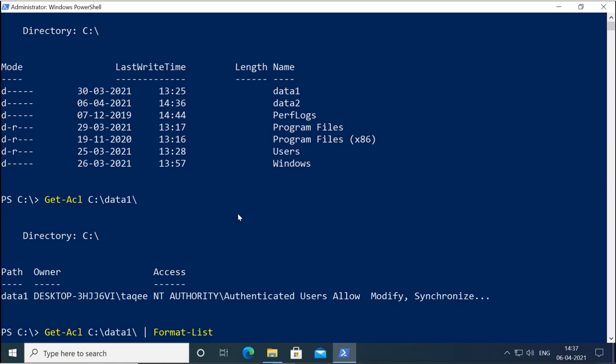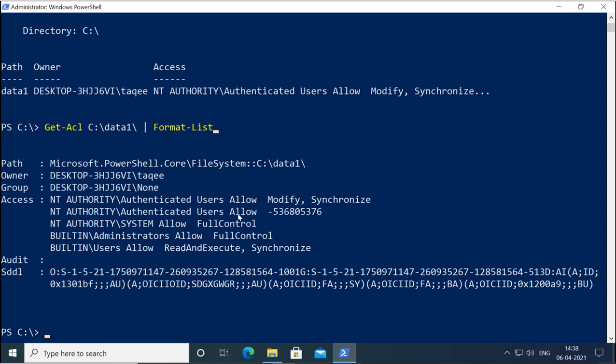The permissions, whatever the output it is showing, show me in the list format. So now it is showing in the list format and now it is showing in detail. Like path, this is the path of your data directory, this is the owner, group is not available, and these are the permissions.